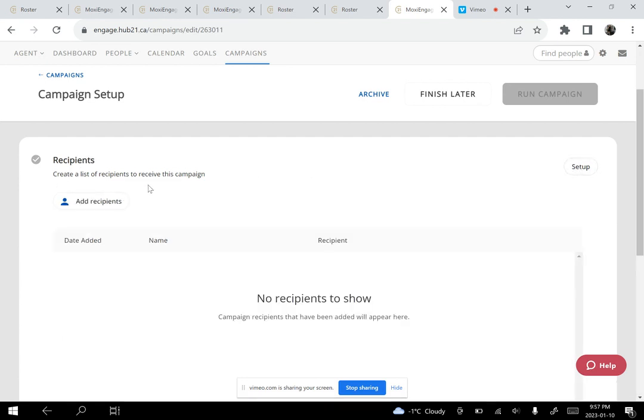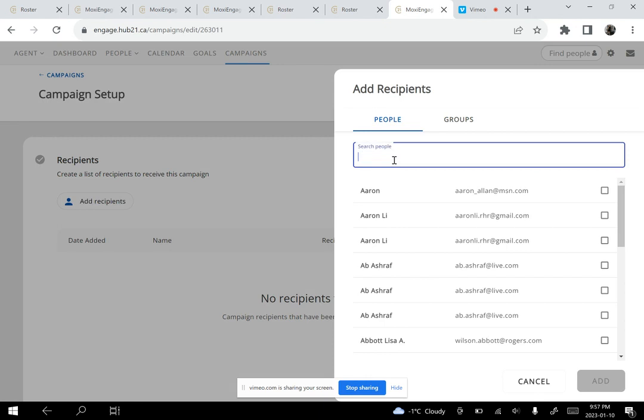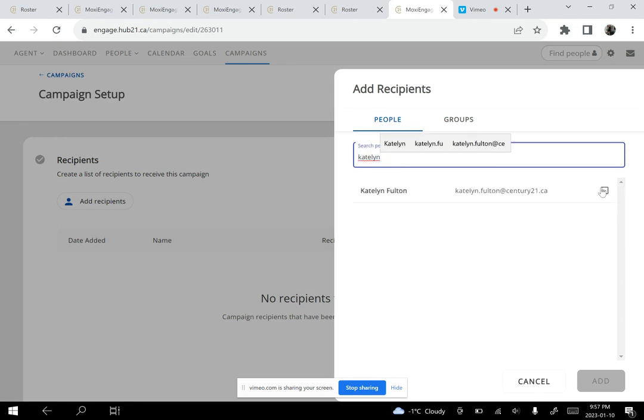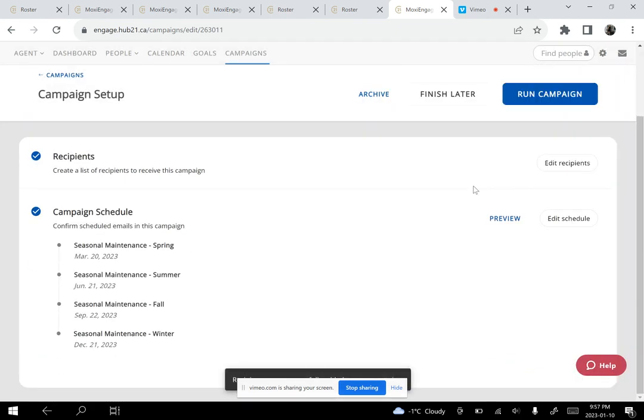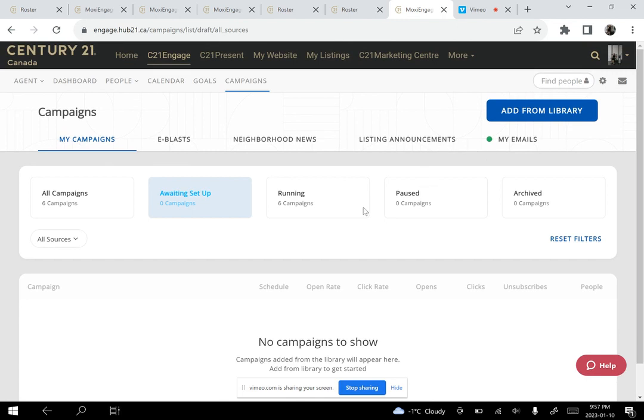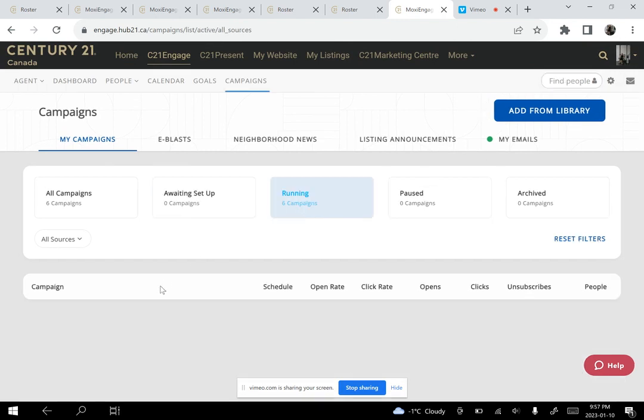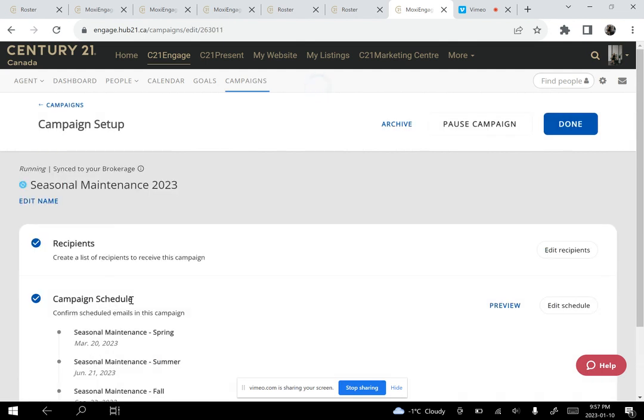I'm going to click on setup, add recipients. I'm going to go back and find the person that I put. We're going to click add. We're going to click save. And then we're going to run the campaign. And again, it's just going to think a little bit. Perfect. And then now you're going to go to running, and then you're going to see that it is now